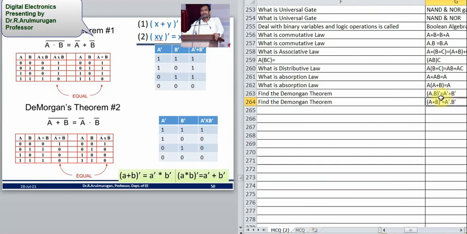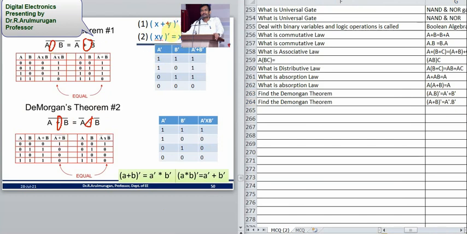Okay, here you can look, dot is replaced with plus, and plus is replaced with dot. See, dot is replaced with plus, plus is replaced with dot. The remaining things are similar. You can use either A B or X Y, whatever it may be. See, here I have written it on the left hand side.